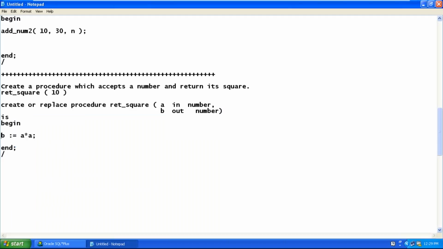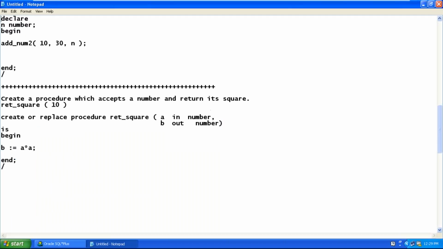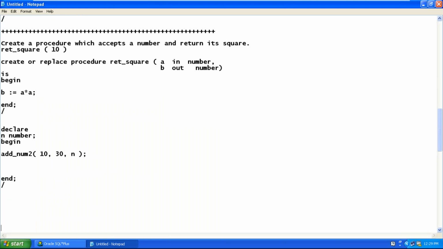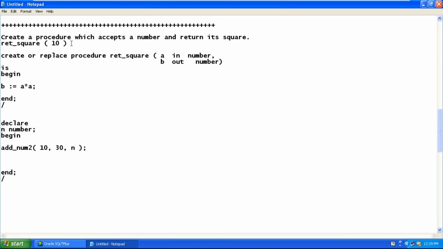Now how to invoke it? Executing here, declare. Change the name of the procedure to ret_square. Remove 30.